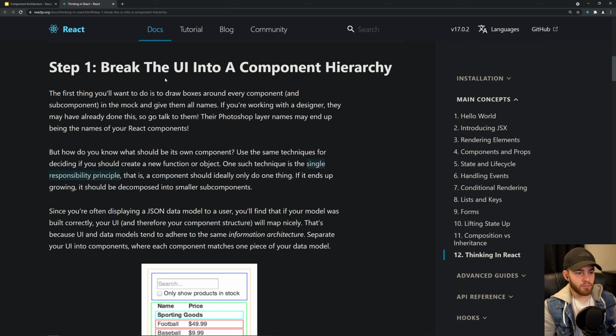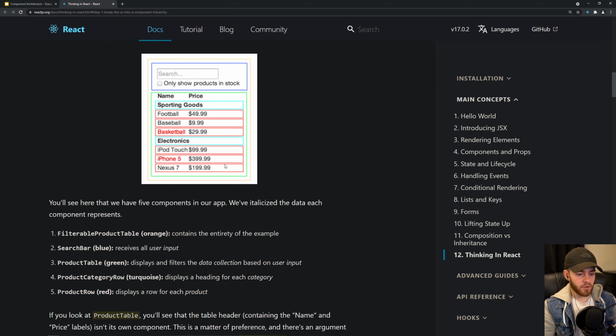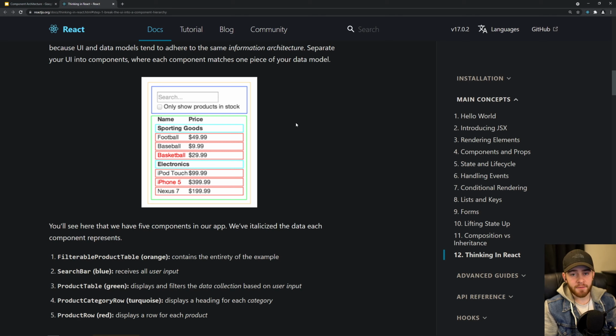And what they do right here is break the UI into a component hierarchy. They break it up into 5 components. You have the filterable product table, which is the whole thing, pretty much all the components together, containing the entirety of the UI. Then they have the search bar, which is blue, essentially the component that receives all the user input. Then they have the product table, which displays and filters the data collection based on the user input. Then they have the product category row, the turquoise color, and then the product row, which is red. So they make 5 components, and of course for the product rows they still use the same component, but in the React DOM tree it shows up as separate components. And honestly, this could be a very bad design choice in your React app, but it really depends on